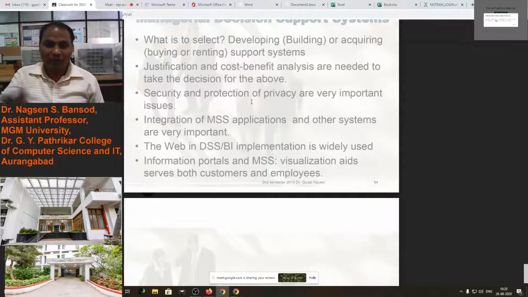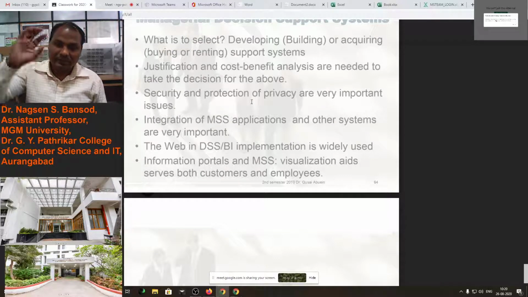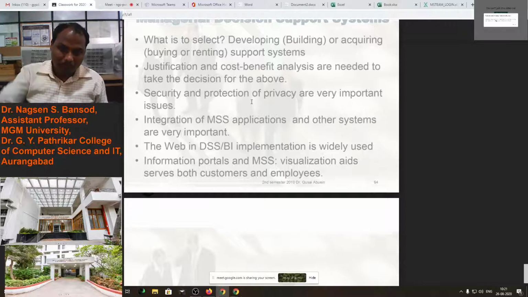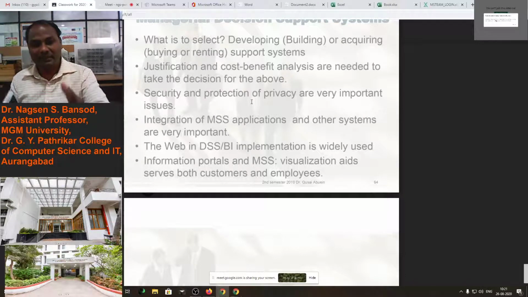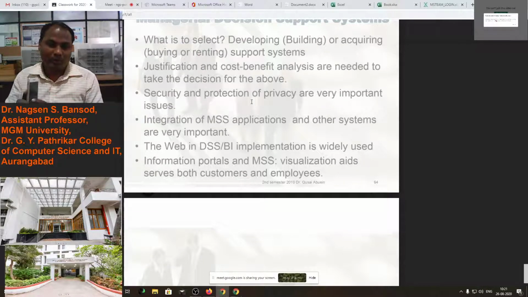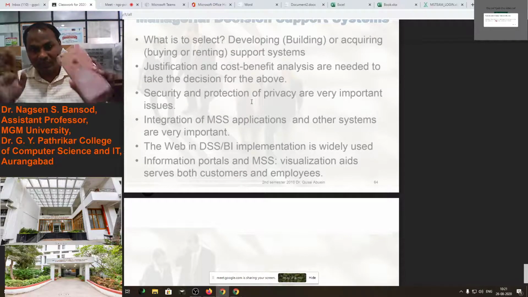Once you have put in your ATM card number, account number, or account details, that will reach the company's bank, and the bank will send you an OTP, a one time password, on your mobile phone for verification. Did you initiate this payment activity or not? That will be verified with the help of the one time password. The OTP will be sent to your mobile phone for the online transaction.